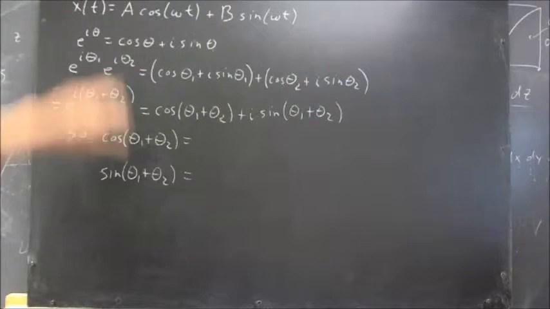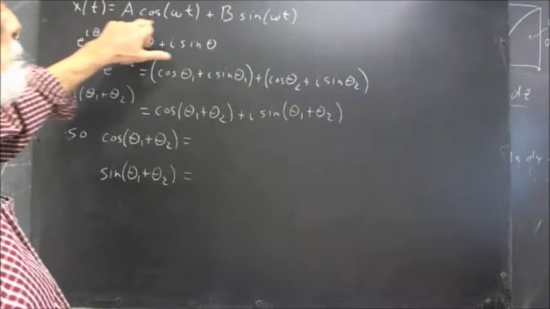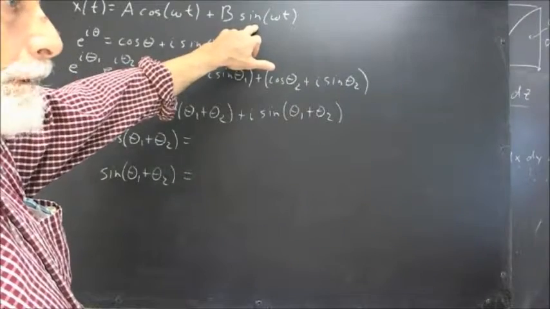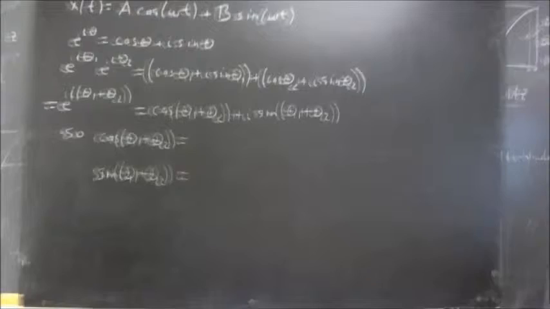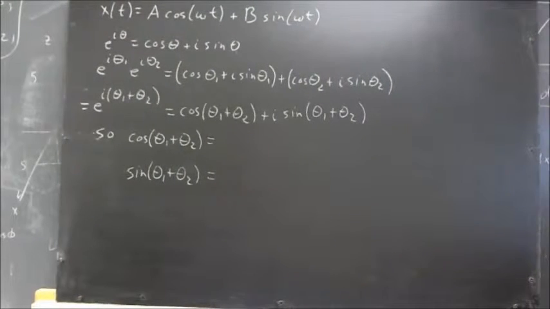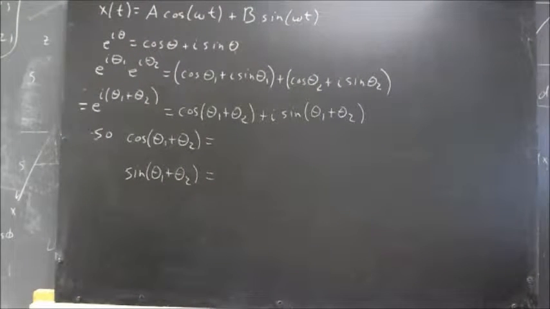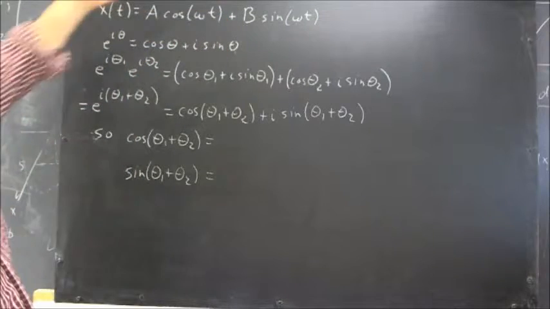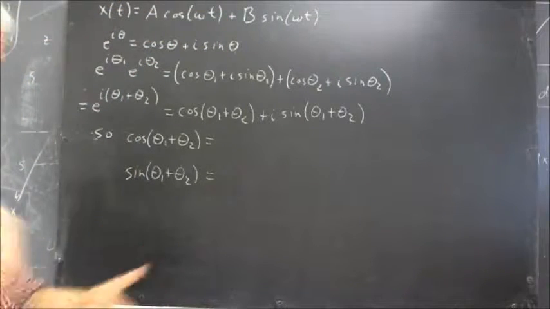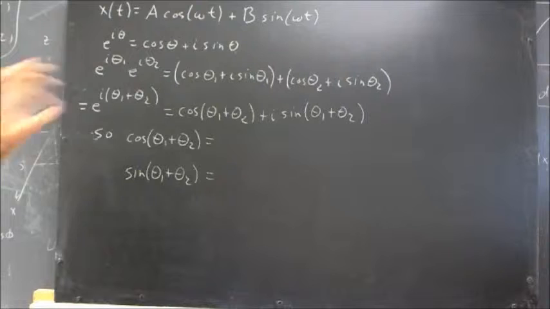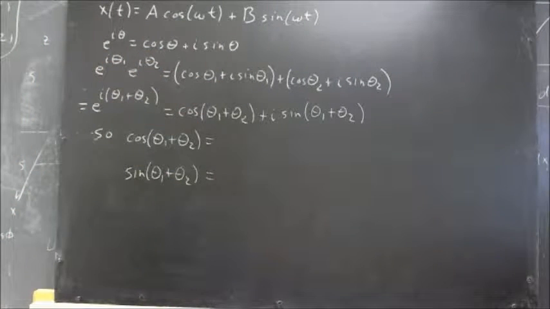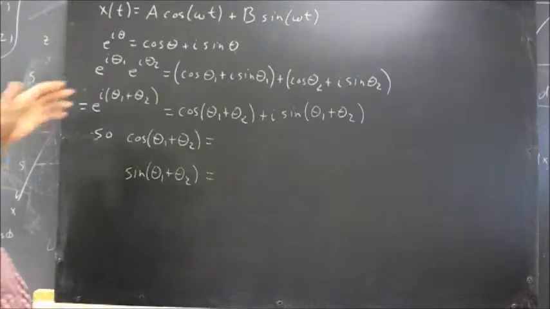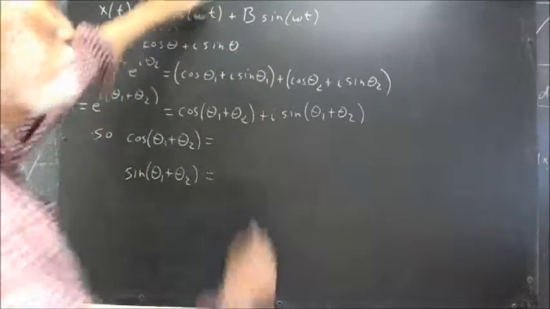We have the solution, x of t equals a cosine omega t plus b sine omega t, to the differential equation that represents the motion of a mass m under a linear restoring force, F net equals negative kx. Okay, now we're going to put this in the form